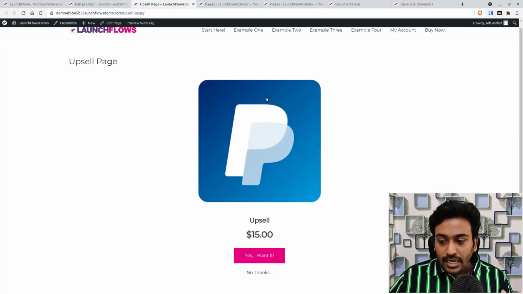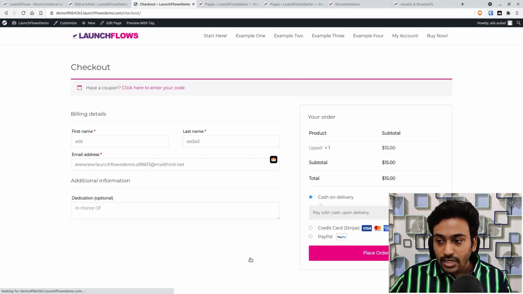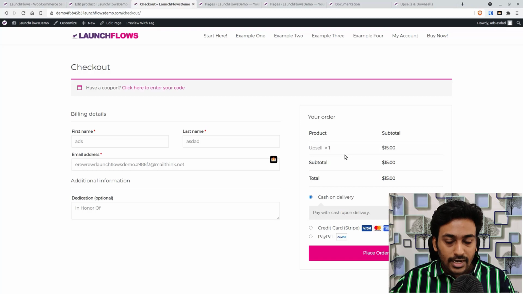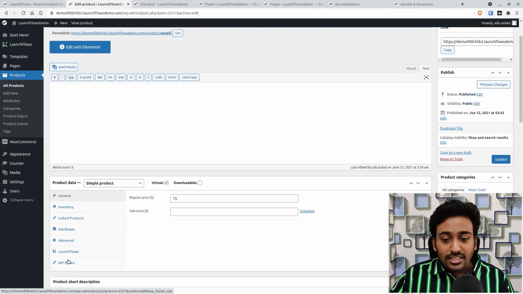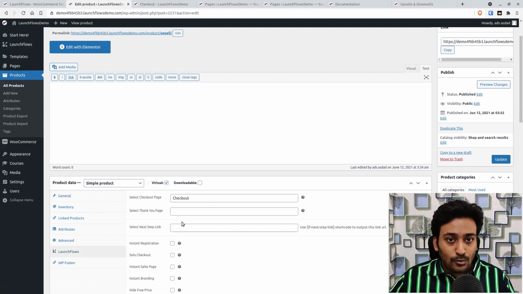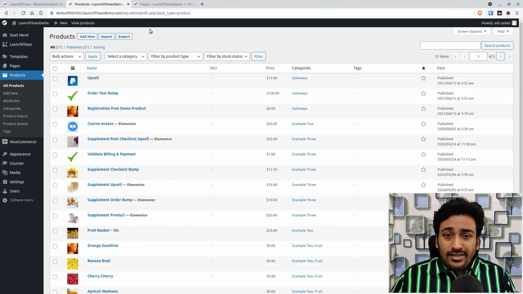And you can see that I have got an upsell. Now I can click on it and it will automatically take me to checkout with the upsell, all these things with the existing cart whatever I have done. So that is how you create both upsell or downsell, and how you can link it out as a chain within the LaunchFlows platform. Okay, now let's see how you can add donations or pay-whatever-amount-you-want